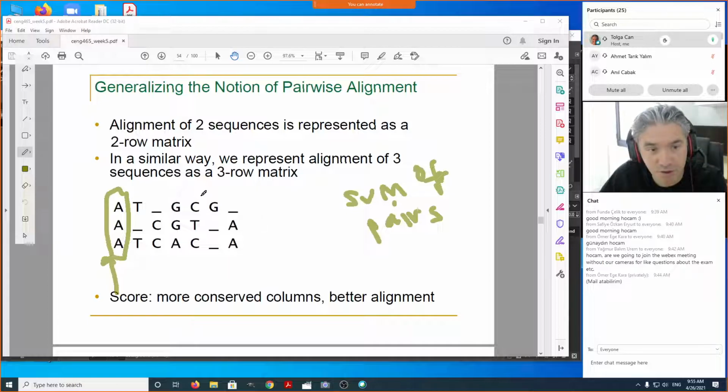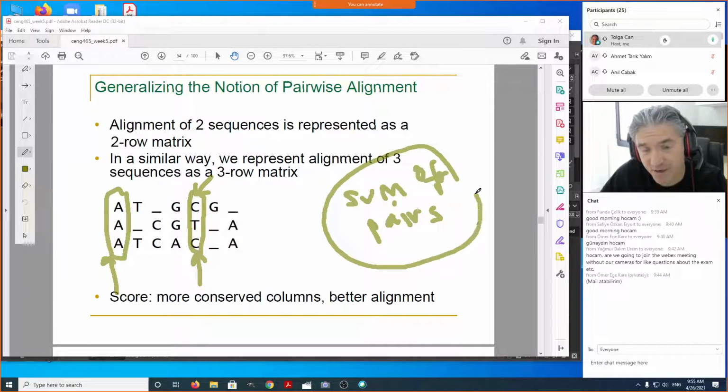All right. So usually we look at a column and compute its score by looking at all the possible cases. For example, here I have one match and two mismatches: C-T mismatch, T-C mismatch, and C-C match. One match score minus two mismatch penalties will give the score for this column. So that's one way to measure, and this is called sum of pairs scoring.